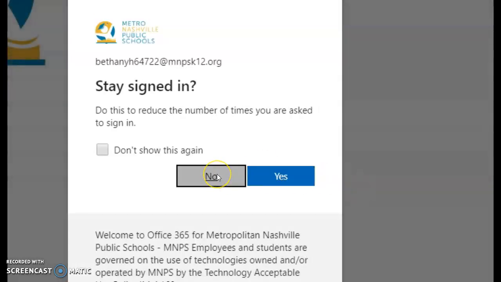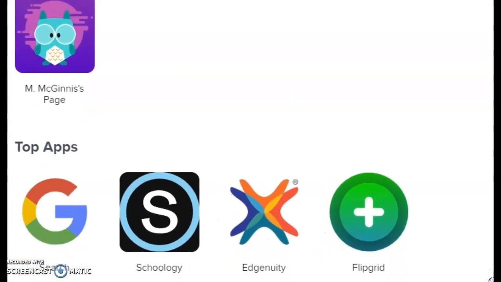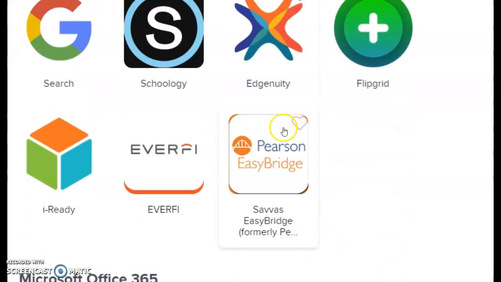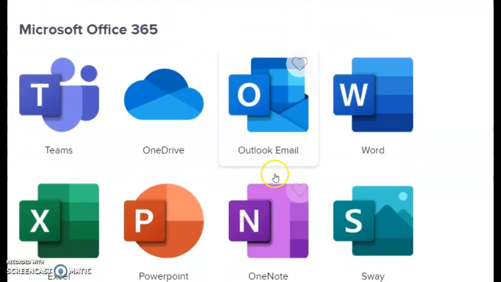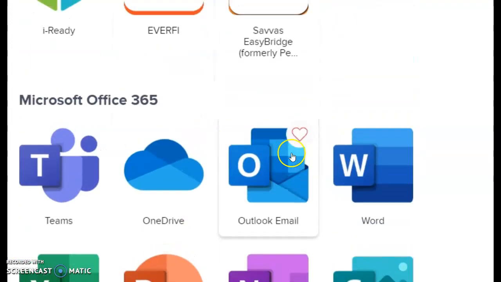And once you get to Clever, you'll have several choices of where to go. You'll see Schoology, all of your email, your Office 365. But if you go to Schoology,